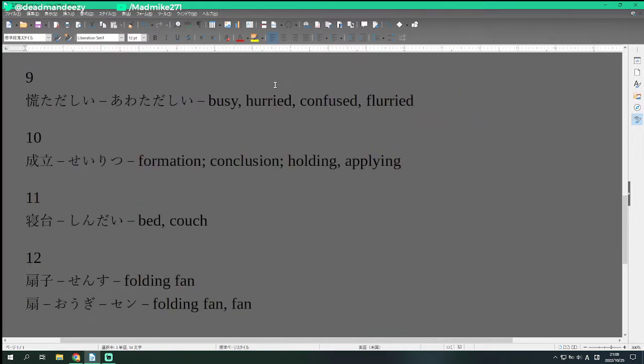Number 9 is awatadashi. Awateru on the left side is to be confused or to have some confusion, and tadashi. Tadashi means kind of correctly. In this case, it means following. Awatadashi means following complete confusion. You are busy, hurried, confused, or flurried. This is an adjective. Awatadashi is busy, hurried,